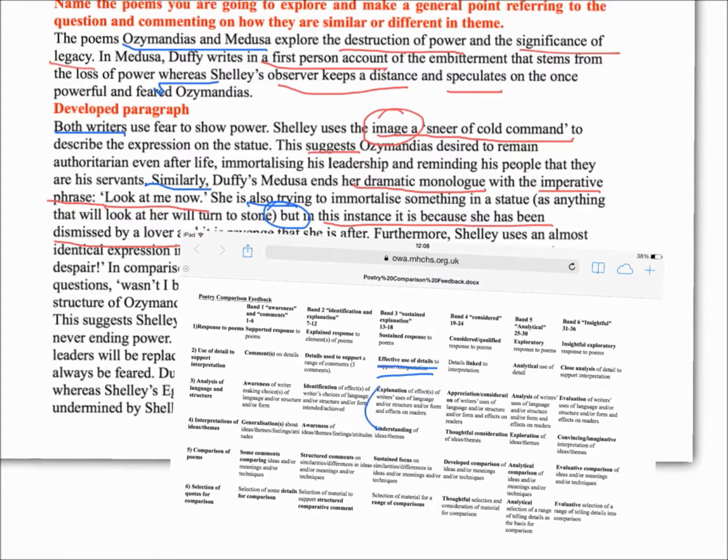It's explained the effects of a dramatic monologue. It's explained the effects of an image. Okay, it understands our ideas and themes clearly, and there is a sustained focus on the similarities and differences. Well, there definitely is. Look how many comparisons we've already made. Okay, so I can